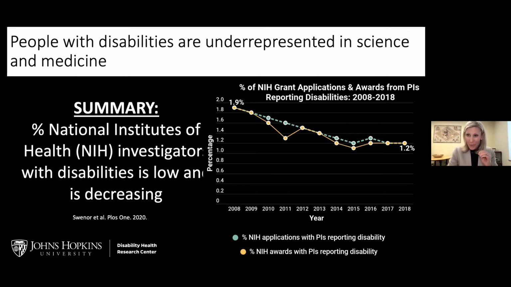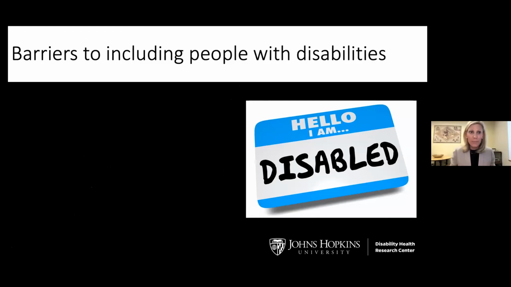I know sometimes when I present this data, there's an internal pause for some of the audience around, well, people with disabilities, can they really be researchers and clinicians? And I challenge you to think about that. I hope I am evidence, and there's many of us out there showing otherwise. We certainly can be. But there are important barriers to including people with disabilities as clinicians, as researchers, as part of research studies, and engaging the disability community in this space.